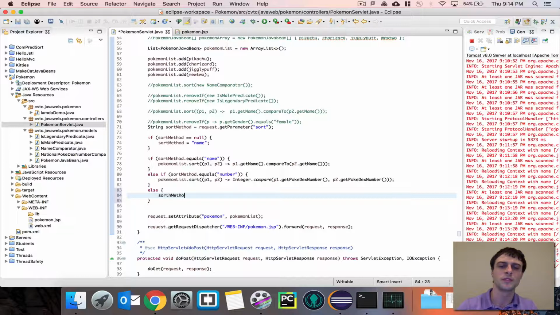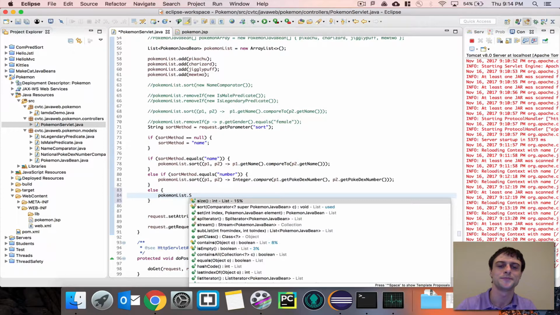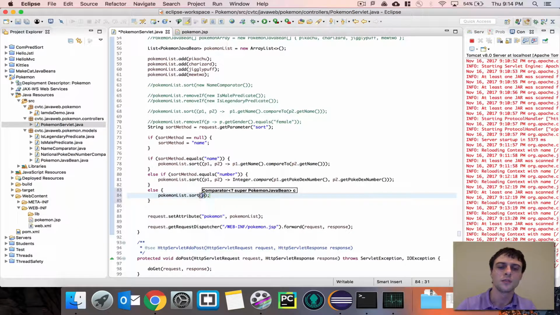We'll say sort method. Oh, I'm sorry, we're not going to check it. We'll just do Pokemon list dot sort. Again, we're going to have a p1, comma p2. We've got our arrow operator to define our anonymous function's method body. We're going to do Float.compare, and we're going to compare p1 dot